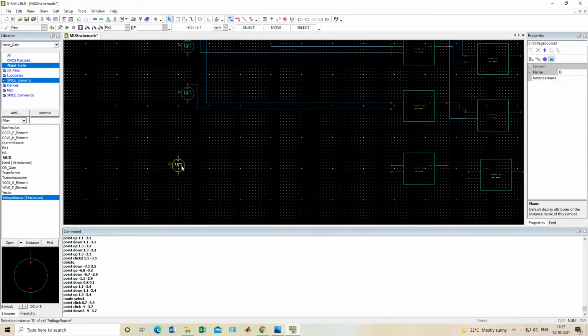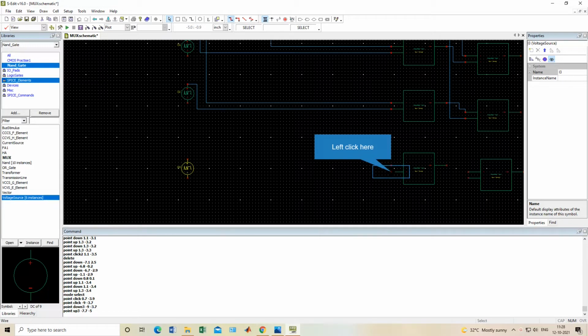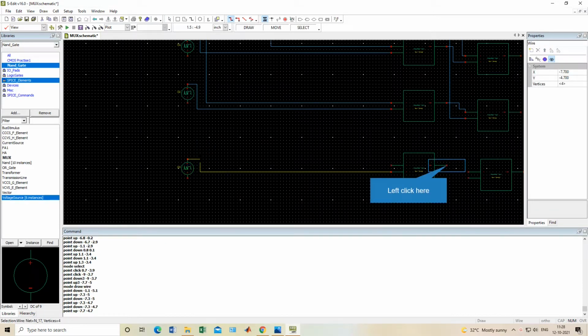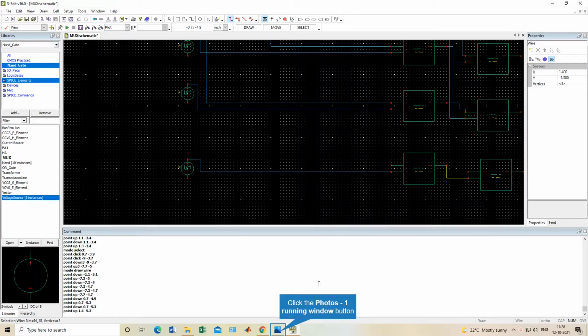Now connect I3. I3 will be connected directly from here till here. Now this will be connected this side. Done.